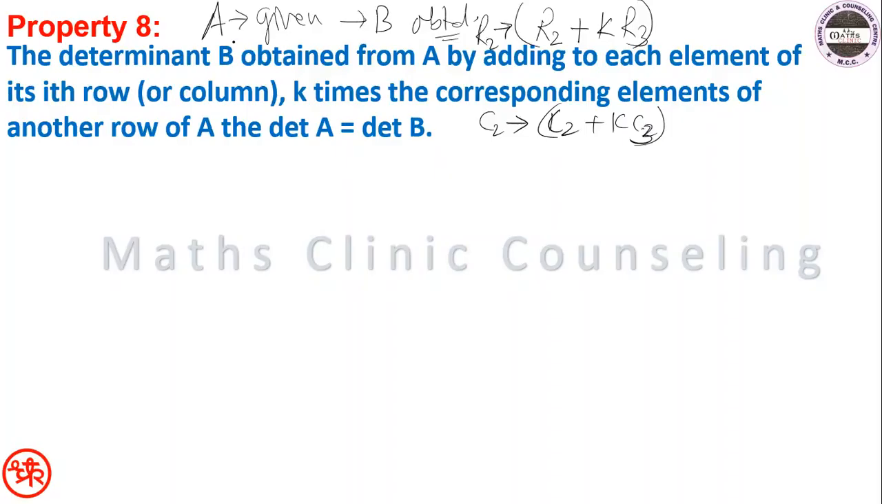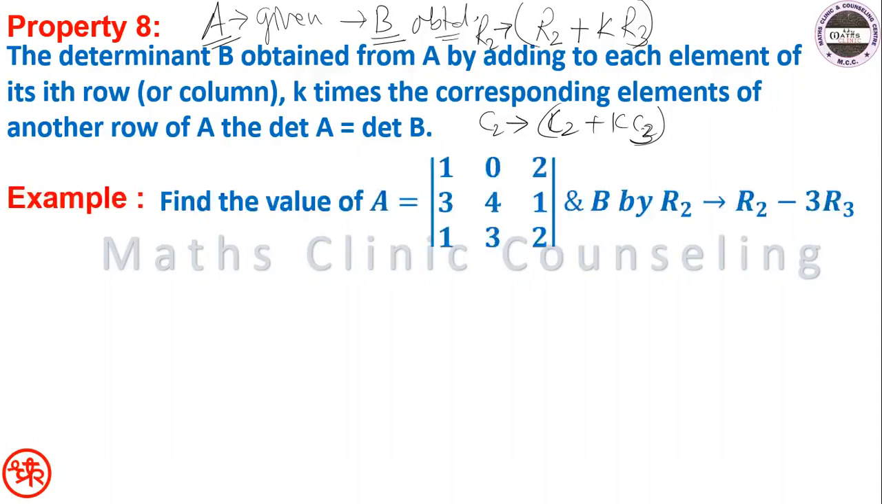Then what will happen? The value of the given determinant is equal to the value of the new determinant. Okay, same value. For example, let's say find the value of determinant A, and B obtained by this operation. Is that clear? So let us see. First we will find the value of A. So determinant of A equals 1 multiplied by 8 minus 3, minus 0 multiplied by 6 minus 1,